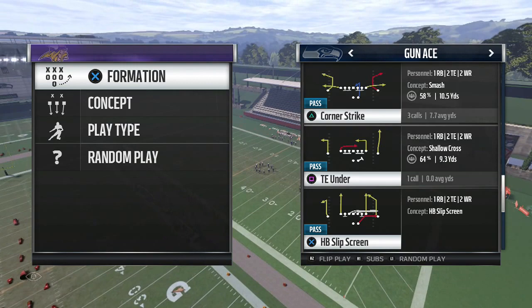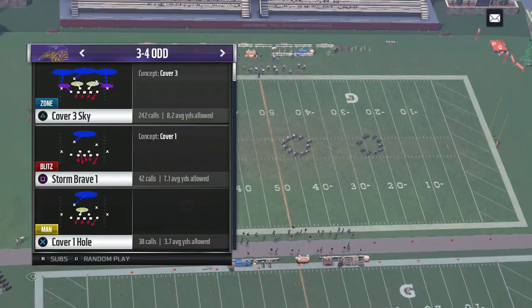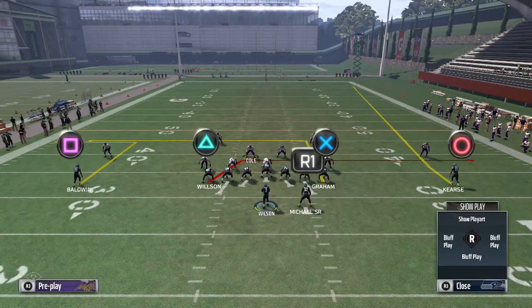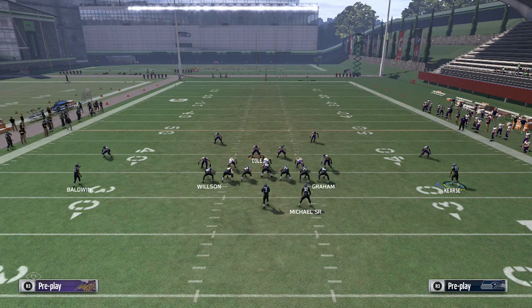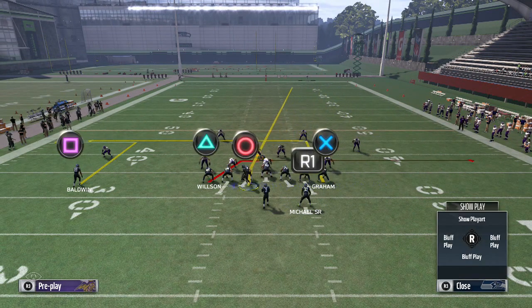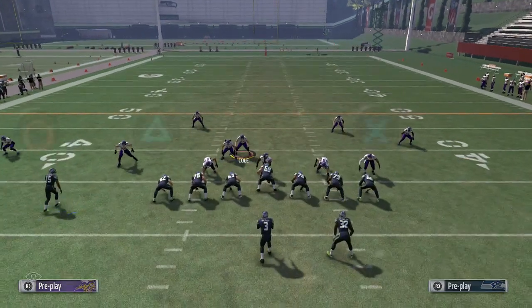And that play is tight end under. And we're just going to start out in a cover 4. All we're going to do here, if we notice the loose coverage on the outside, we're going to motion this guy over. That's the only real adjustment that you need to make. On the left side,